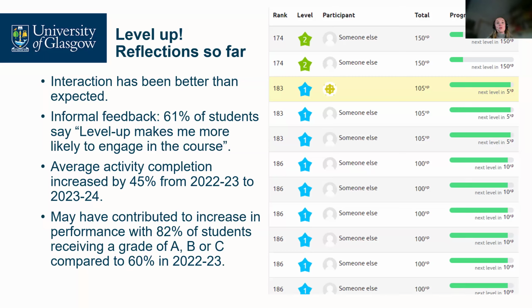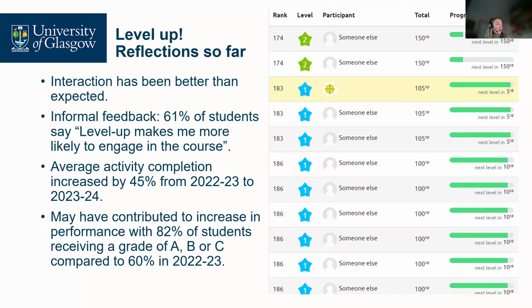As I had said already, we did say to students we would award prizes. What we had said was we would award a prize for the top 3 students. So if you have the most points, second most or third most points, we'll give you a prize. What we hadn't anticipated was that around 30 to 40 students did not drop a point the entire semester. So we had to rethink what our prizes might be because we had to award so many more than we had anticipated. And thankfully our school was very kind in providing us some money to buy some stats books and some donuts to hand out in lectures, which was really good.